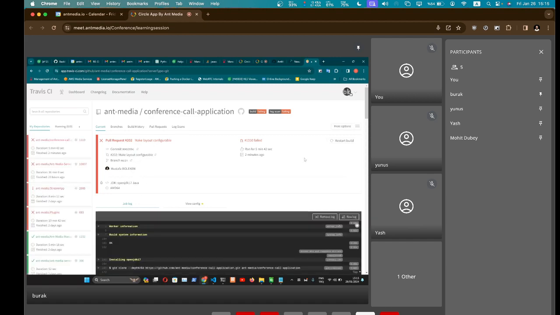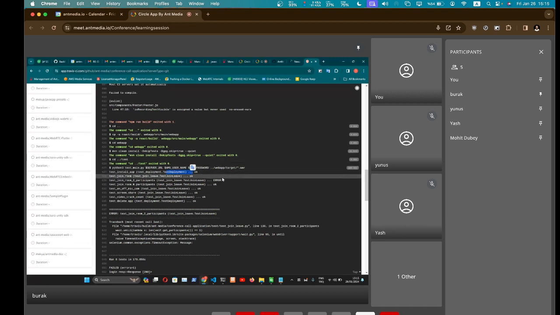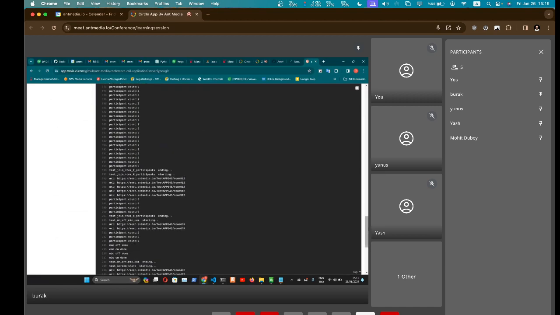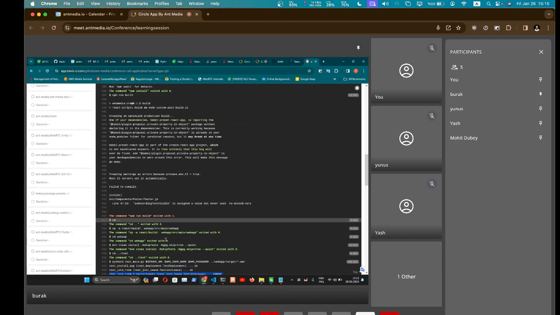I think it has failed. One test is failed. As you see, this is a part that our tests are working. We will check that in a couple of minutes. And these are the other parts. Anyway,